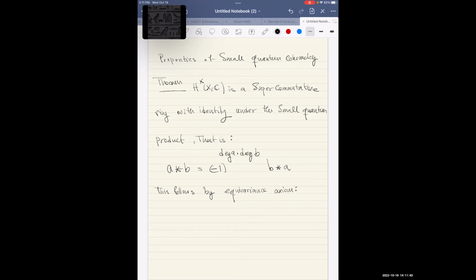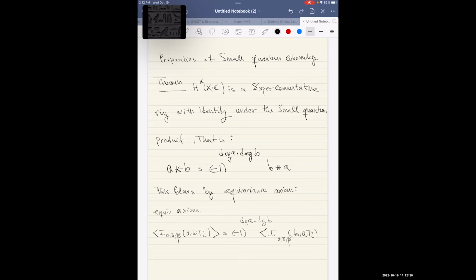That is the following. Let us remind ourselves what the equivariance axiom was. Here is the equivariance axiom for Gromov-Witten classes and Gromov-Witten numbers. If I take I_{0,3,β}, I need to have 3 markings, so 3 cycles, A, B, T_i, then calculate that invariant. It's going to be (-1) to the power degree of A times degree of B times the Gromov-Witten invariant I_{0,3,β}